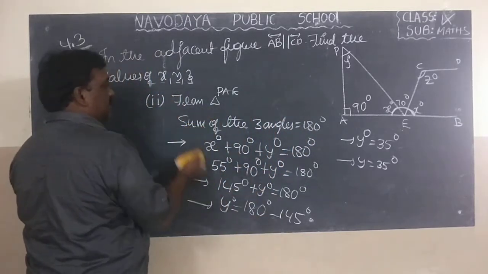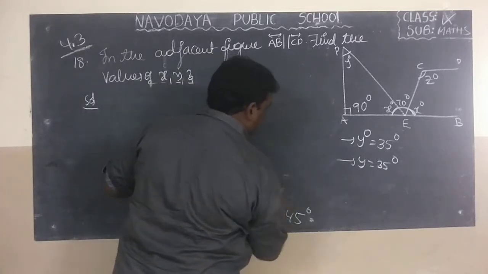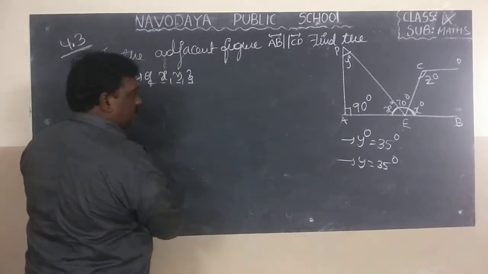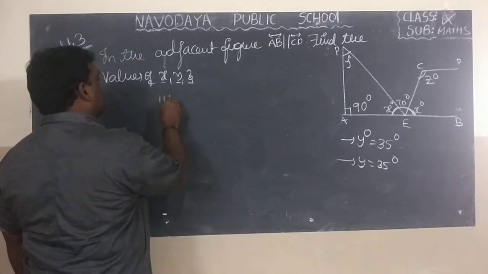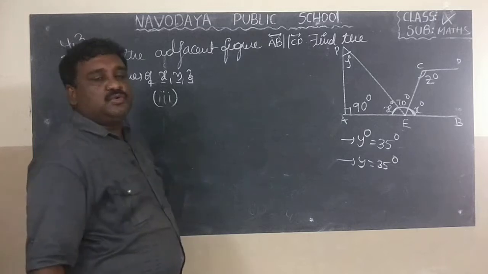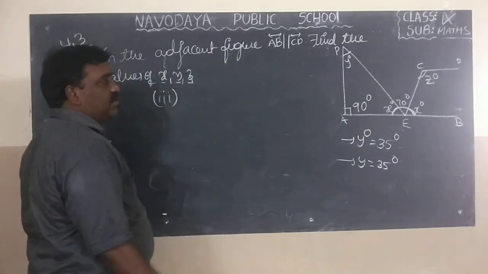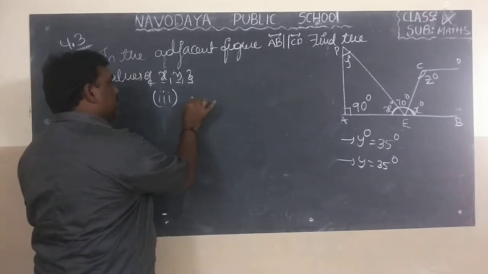Now see the third part of the problem. What is the third part? Finding Z value. Finding Z value belongs to the third part of the problem. Find out Z value. Now AB